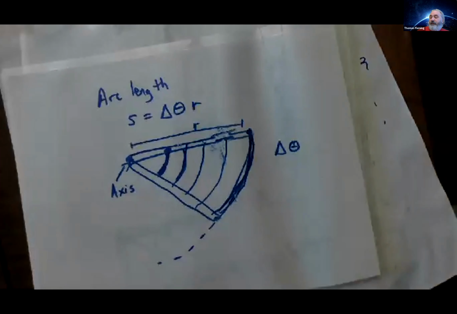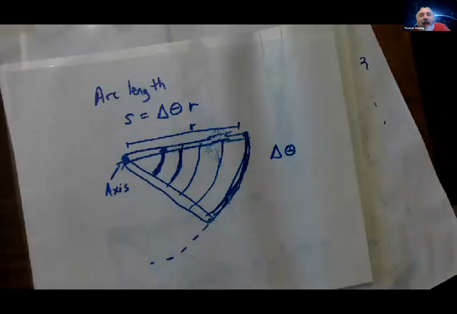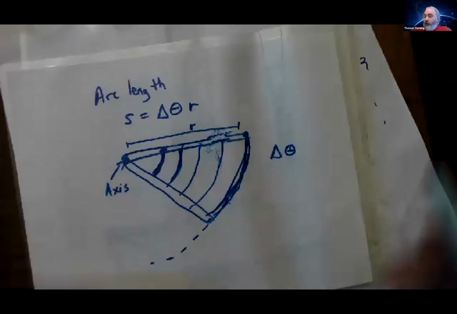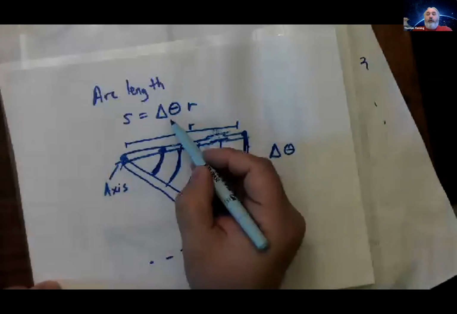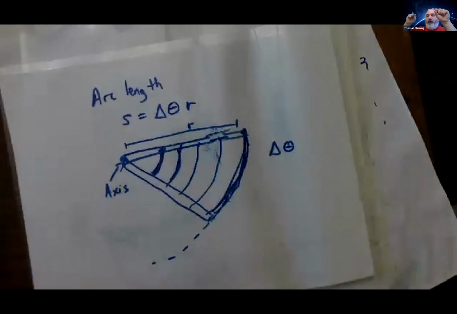And this might seem like it's something new, but it's totally not. You already knew this. You've known this for years. Because what if delta theta was going all the way around the circle? If I go all the way around the circle, one complete revolution, how far have I gone? Well, that's one circumference, right? That's one circumference around a circle. What's the circumference around a circle? That's when delta theta would equal 2 pi. So the arc length, if you go all the way around a circle, is 2 pi r, which is the